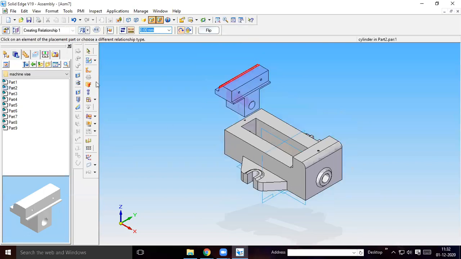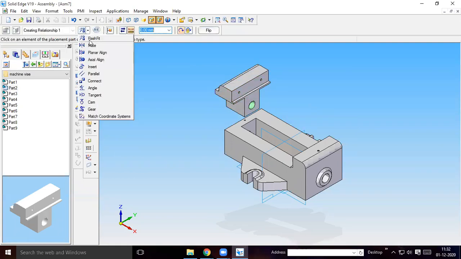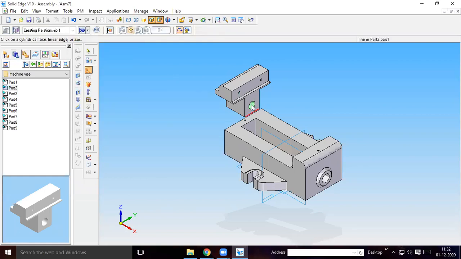I want to use the relationship in order to do the assembly. So go to assembly relationship, give axial alignment. The axis of this hole and the axis of this hole have to coincide, because part 5 will go along the same hole.